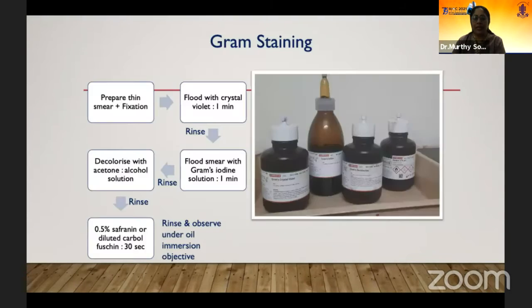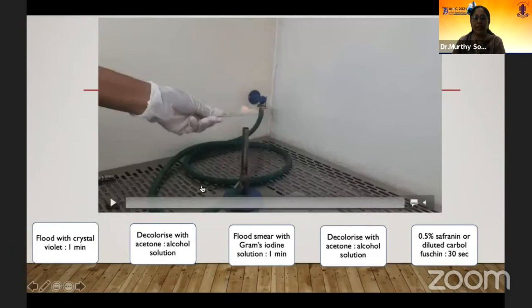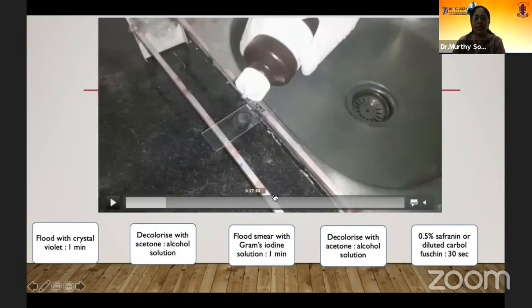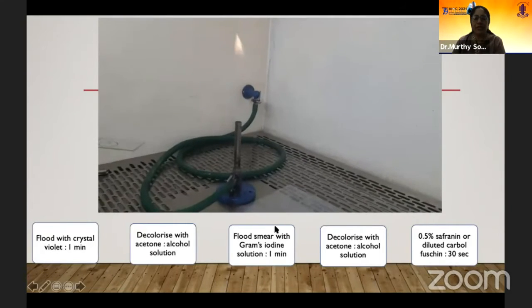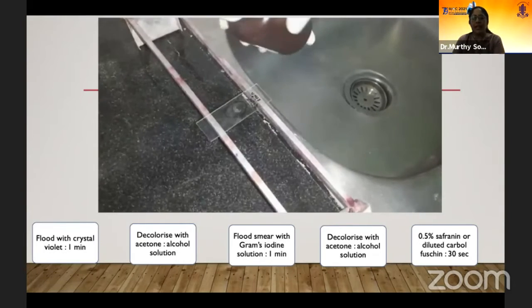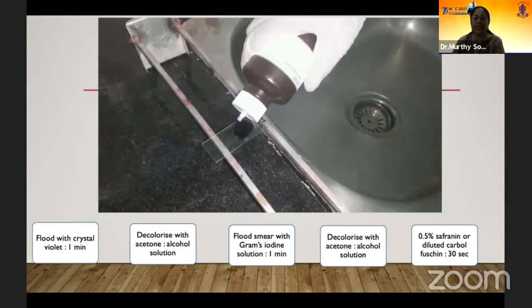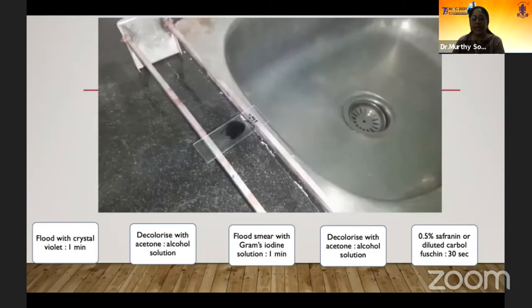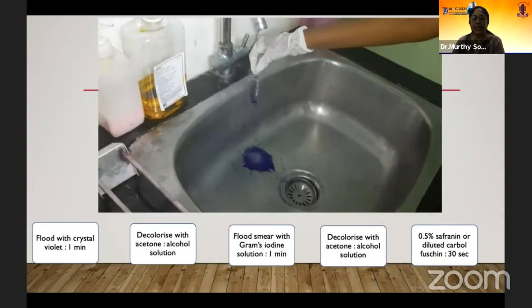So coming to the last part of this, it's actually very simple. Even anybody in a small setup can do the Gram staining for the patients. We just have to use a very simple technique of Gram staining, in which we can pick up whether the bacteria are Gram positive or Gram negative. And this will help us to treat the patient subsequently by starting the therapy.